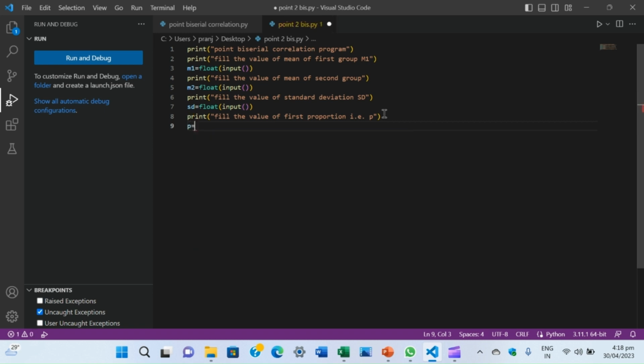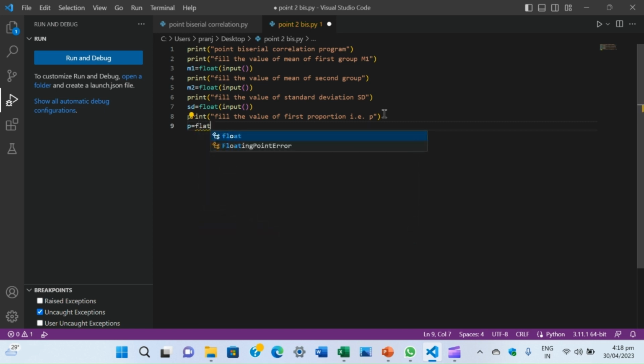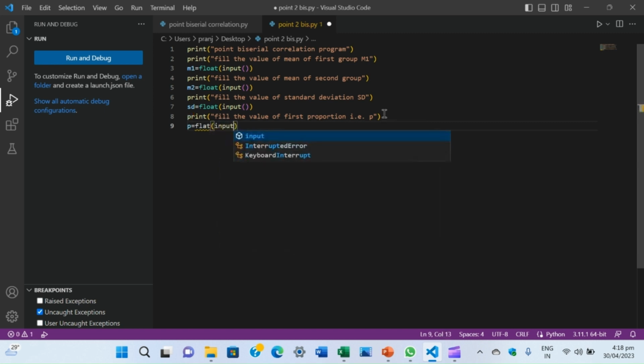We define it, and p is float equal to float, input and bracket,